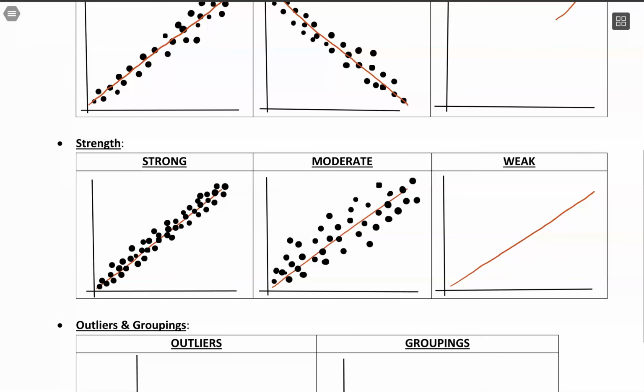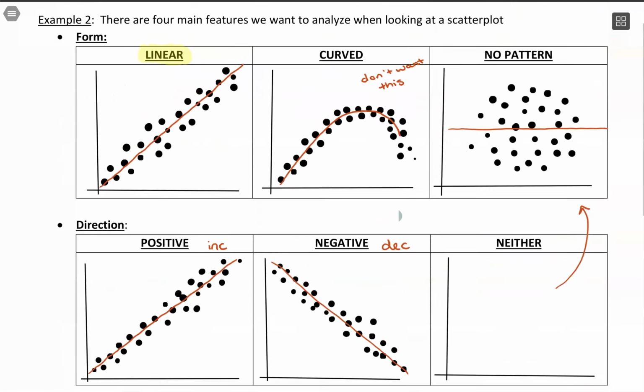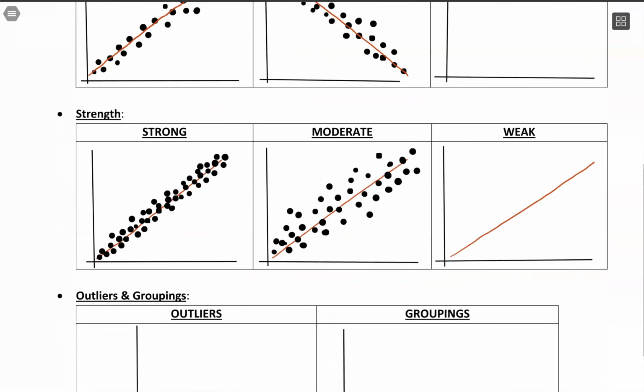And then weak, well, one case for weak would be, again, that blob case that doesn't have a pattern to it. Or it could even look linear. It would just be very spread out. But we could see this overall linear trend. It just wouldn't be a great fit. So those are the three strengths, and it's just a matter of looking at, with the line, how close is that